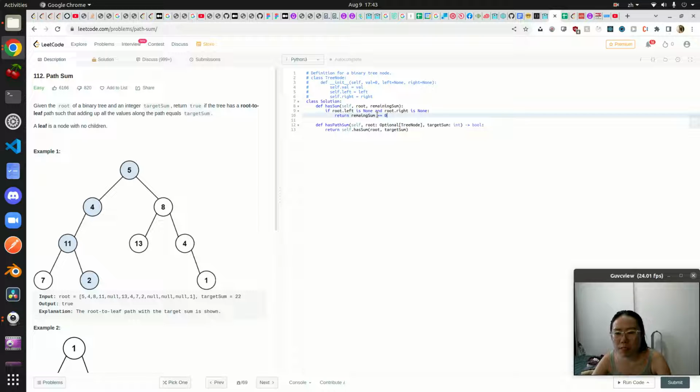This basically checks if remaining sum is 0, right? So now we want to return self dot has sum, check if the left side, I feel like I spelled remaining wrong. Yeah, remaining